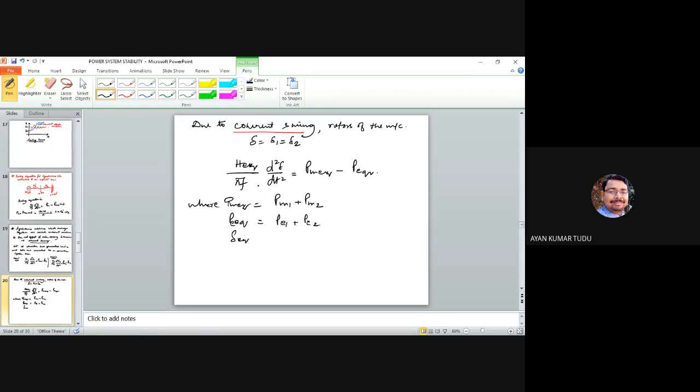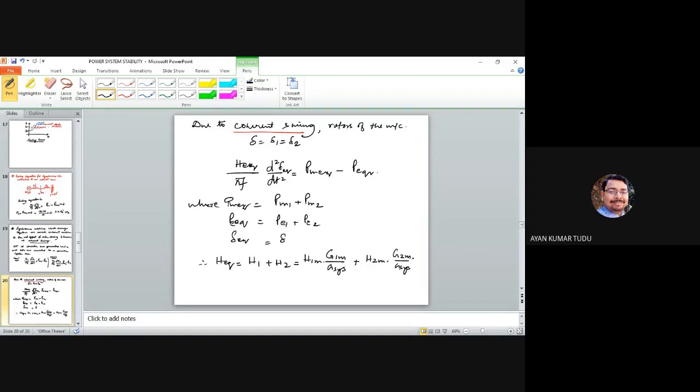Delta equivalent is equal to our delta, and H equivalent is equal to H1 plus H2, which can be written as H1 into G1 by G system plus H2 into G2 by G